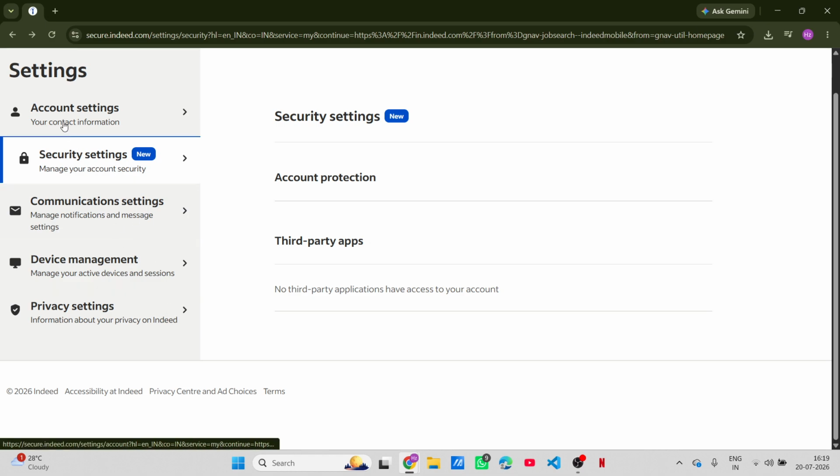After that, you should receive an email from Indeed. This email will contain instructions on how to reset your password. Now, open your email inbox and keep an eye out for that message from Indeed. It might take a minute or two to arrive, so be patient. If you don't see it, make sure to check your spam or junk folders, just in case it got filtered